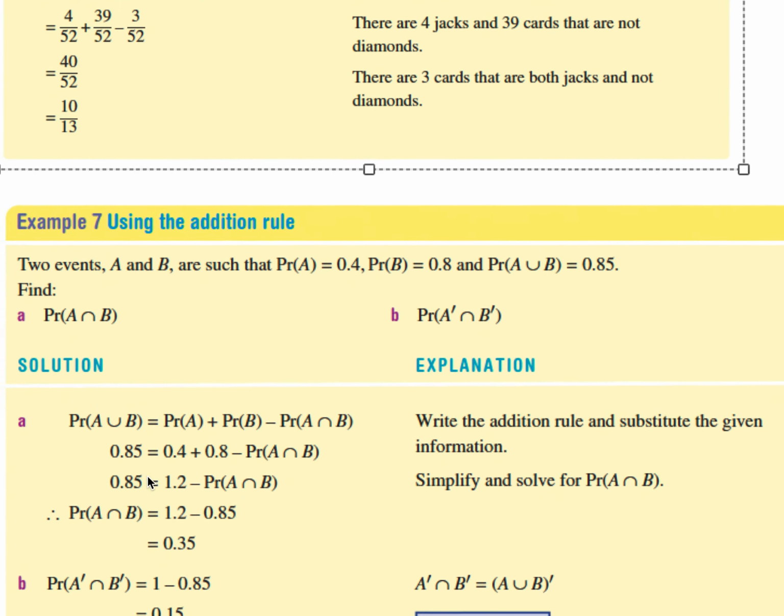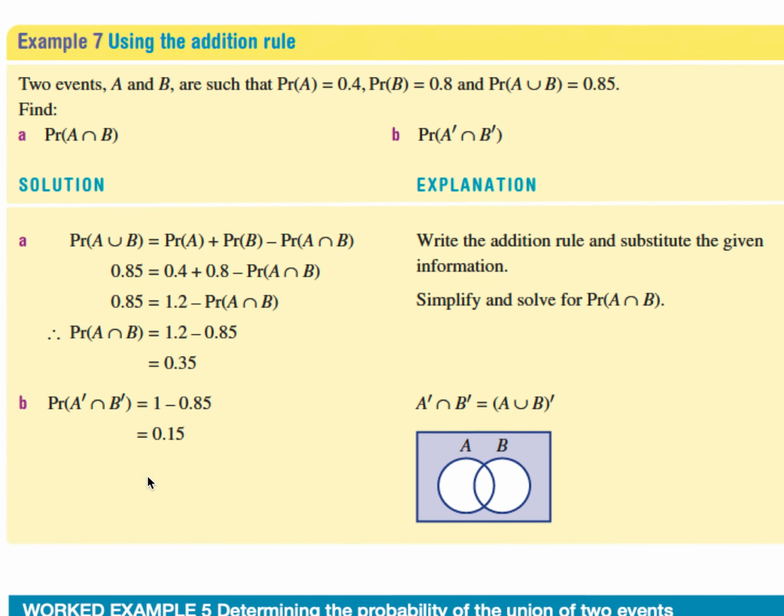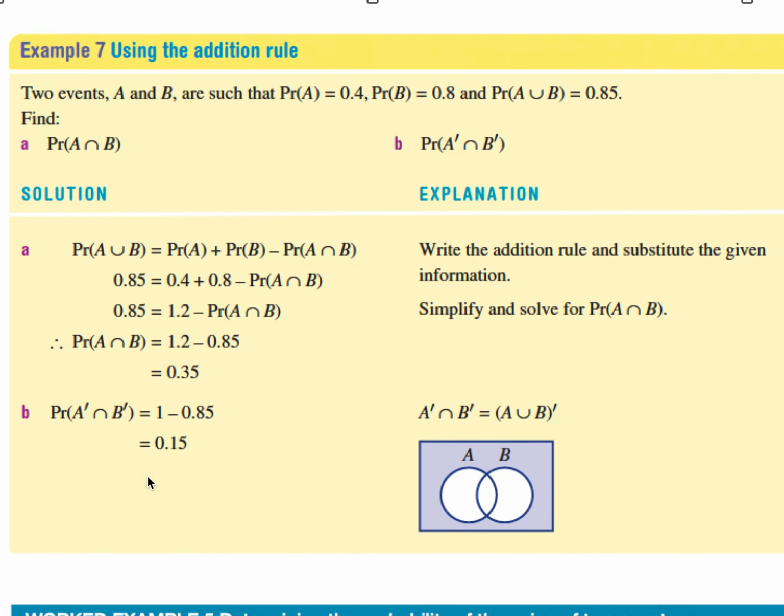Our next example is worked example 7. So 2 events, A and B, are such that our probability of A is 0.4, our probability of B is 0.8, and our probability of A or B is 0.85. So they're not actually giving us the numbers, and we don't need to figure out the numbers. This is where our knowledge of algebra comes in handy, as we will have to substitute into the formula and